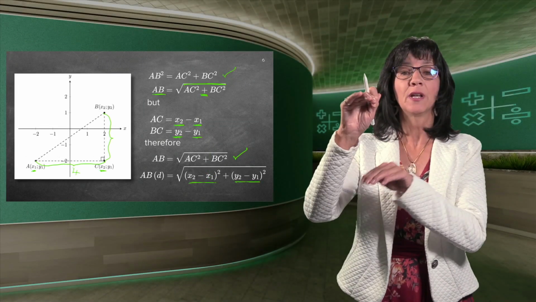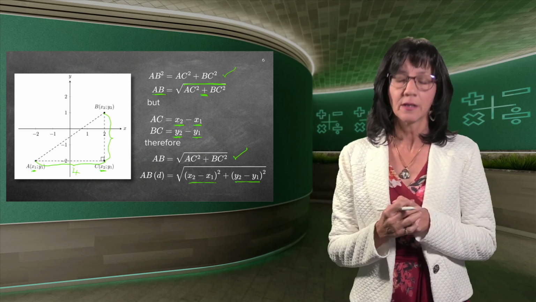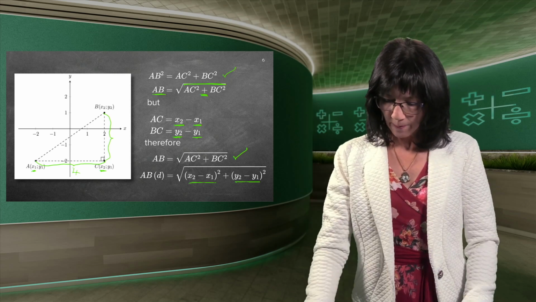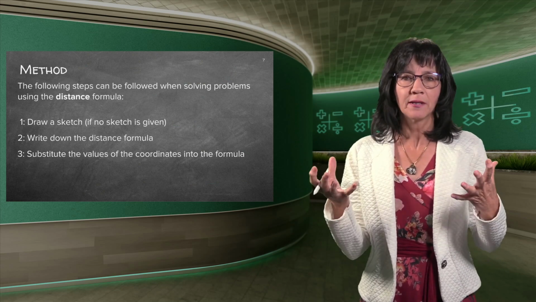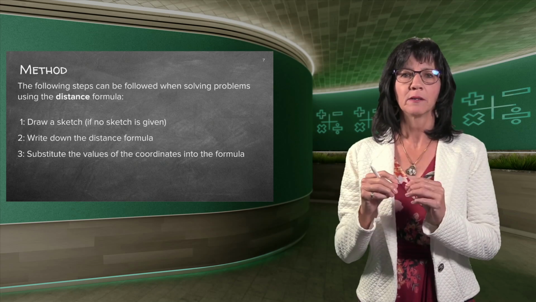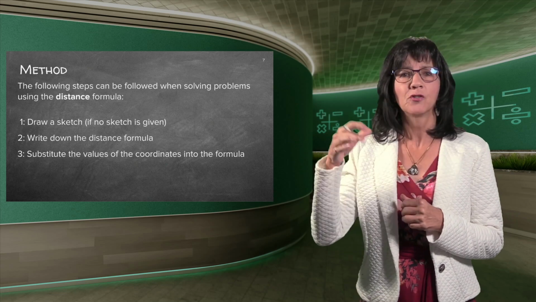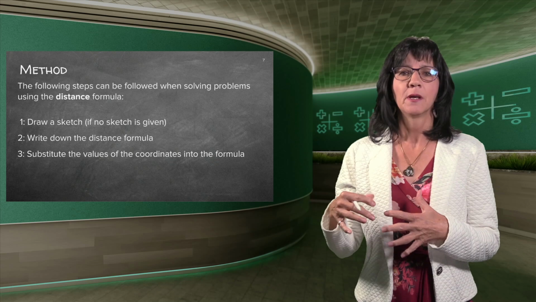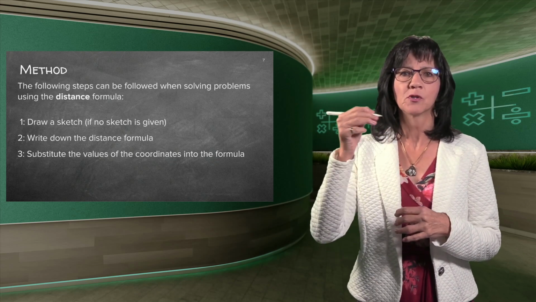If they do not give you the lengths in the beginning, which they won't, because they're only going to ask you to find the length of that line AB. Good. Now, as always in mathematics, you need steps. You need a method. Once you know this method, you can do any question, even if I give you a matric problem. Now, in order to get to know the method and the steps, you need to sit and do problems, repeating in your mind the steps one after the other.